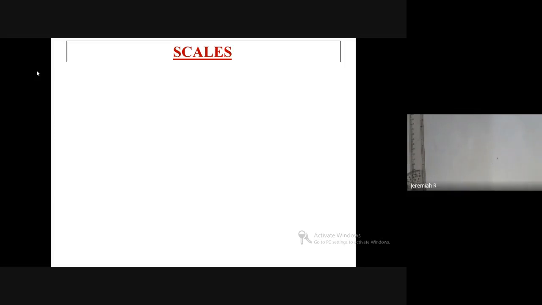So we have completed 11A. Okay, 11B. I already told you, scales or projection of point. Sometimes in 11B itself, 10 marks from scales and 10 marks from projection of point. Sometimes 20 marks from scale itself. There are three types of scale: plane scale, vernier scale, and diagonal scale.